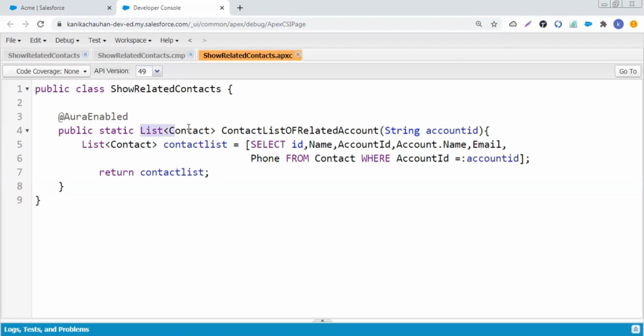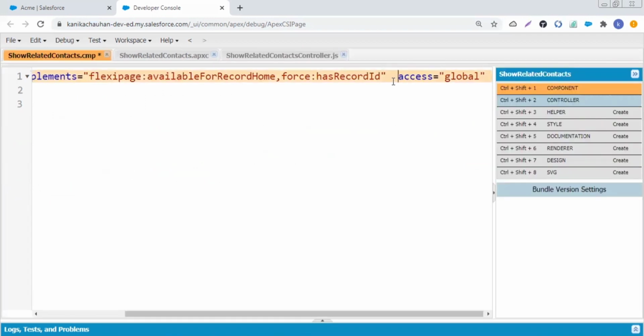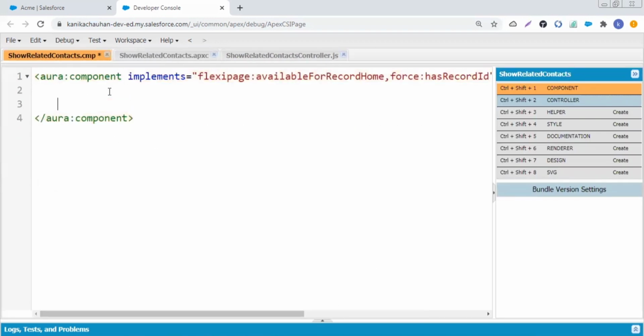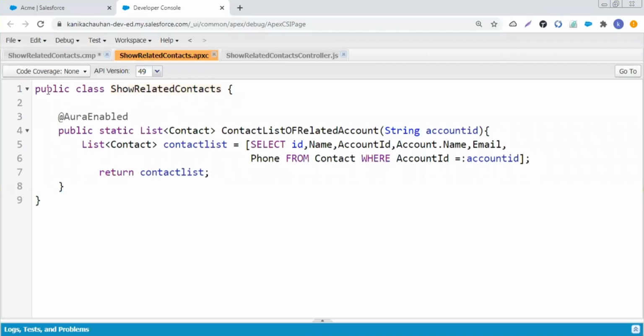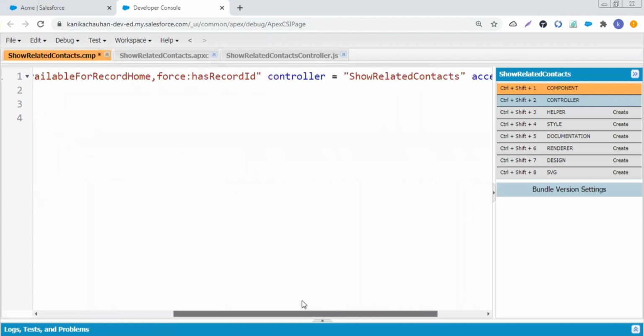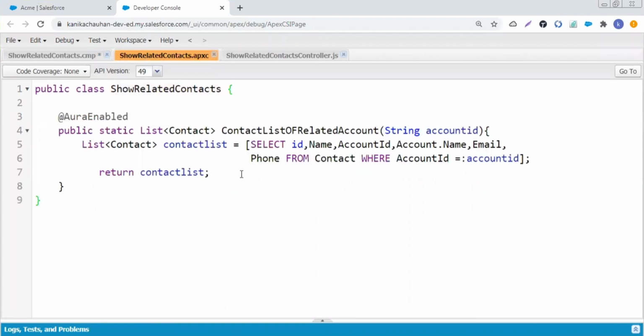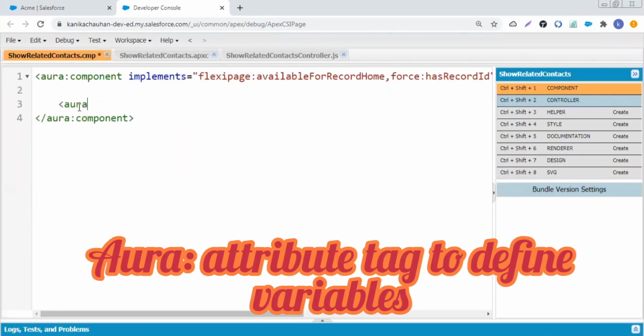Now come to our component. Now adding my custom controller to this component, controller and name of my controller. Now I need two variables, one to store the record ID and the second to store the contact list which is returned. So we'll define two variables.